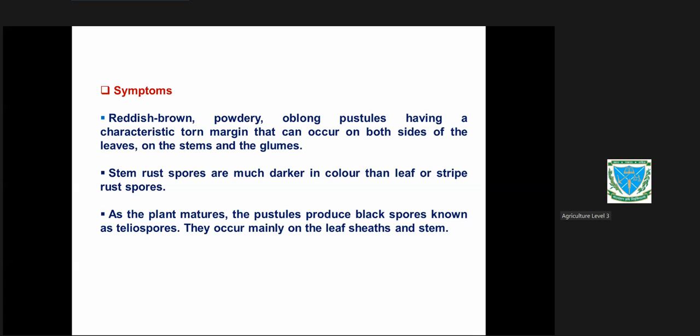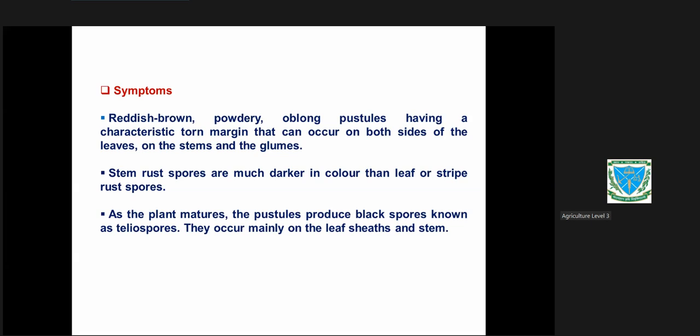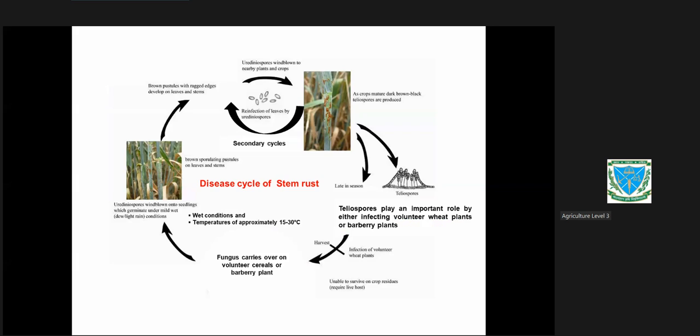Who can say? I have only 3 minutes, so please. So due to production of teliospore in the later stage. So very good. So in the same way you see wet condition and temperature approximately 15 to 30 degrees centigrade once